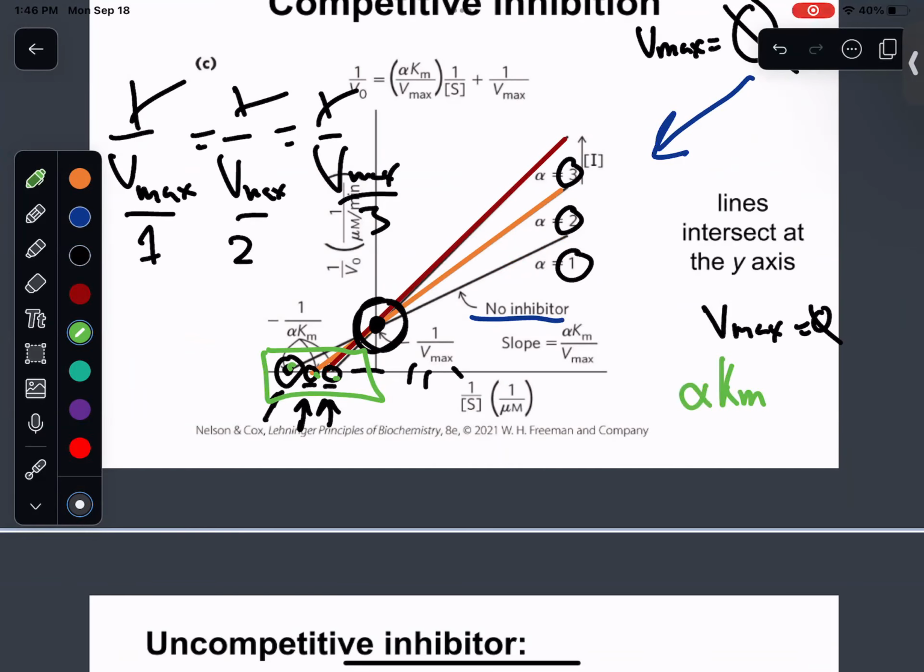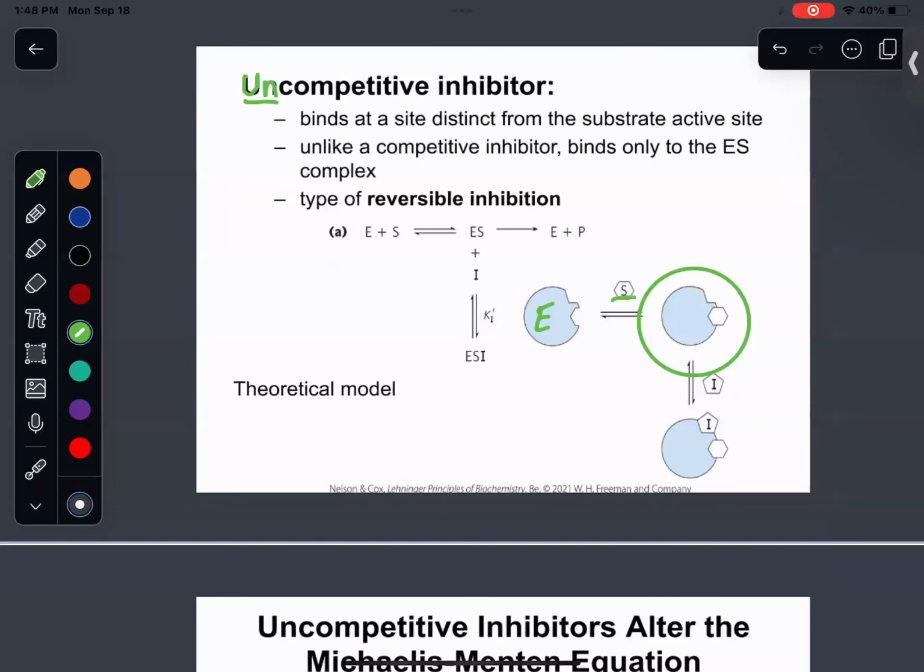Uncompetitive inhibitors. Notice the here. We're talking uncompetitive inhibitors, as opposed to the other alternative, which I will not say right now, but we don't want to confuse anyone. But Dr. Peterson mentioned in class that since uncompetitive inhibitors are binding where? To the enzyme substrate complex, right? Which we would see over here. That's the enzyme substrate complex. Enzyme, substrate, they come together. Enzyme substrate complex. That is where the inhibitor comes into play and will bind over here.